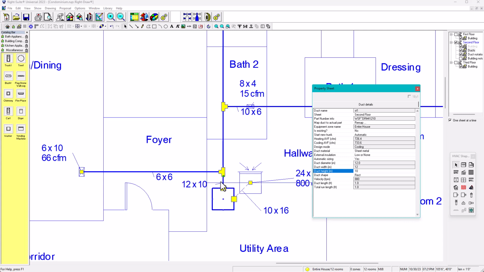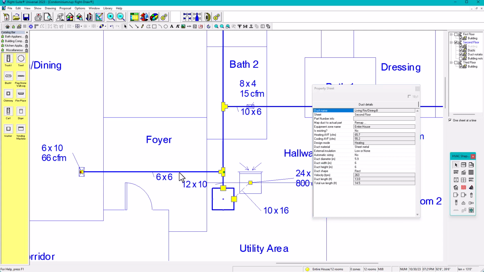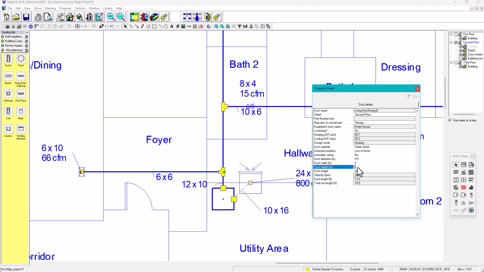So this duct is good, right? This duct. Now let's go with the next one. Let's go here, click. And then in here I have 263, but we said that our minimum could be 6 by 4. All right. Sometimes they like it as 6 by 6 or 6 by 4. So let's do 6 by 4 in this case. All right. 6 by 4 is gonna be my minimum, because